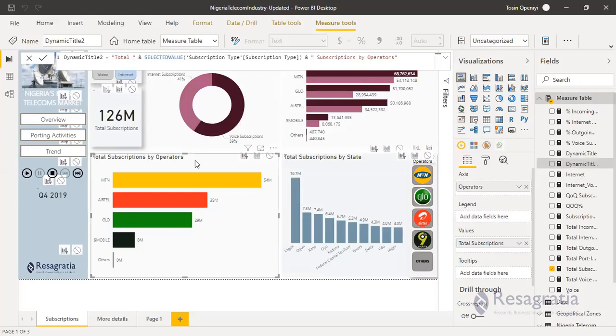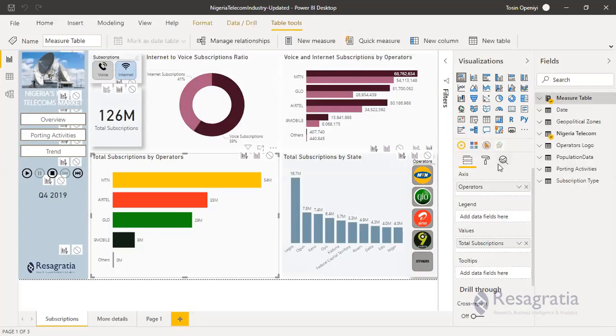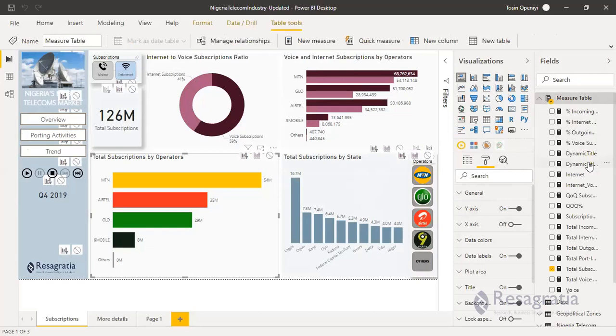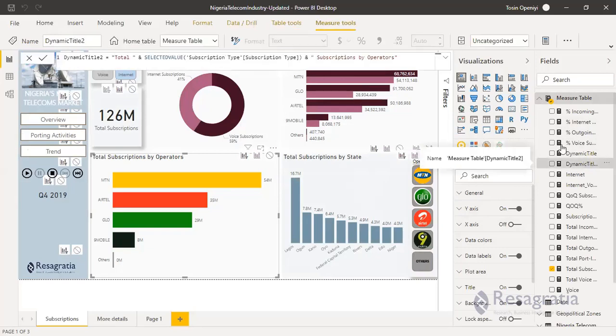Yeah, so we can come to... Just copy the same thing and just add states instead of operators. Oh, okay, yeah, by state. Oh, okay, yeah, that's true. So let me do dynamics 33. Copy this guy. Dynamic title 3, new measure.